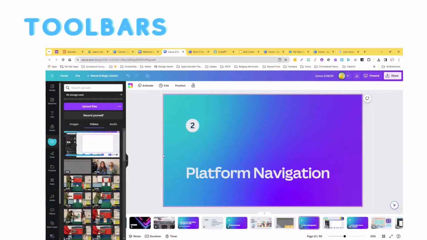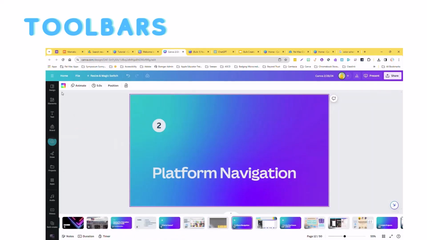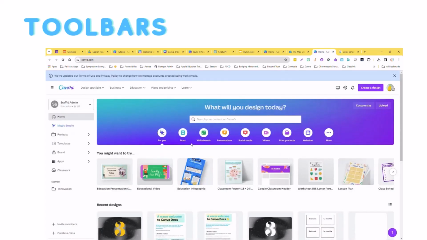I just want to show you how you get around in Canva. You are probably a fantastic user and you've been playing with all these fun designs. The first thing you should do is take a look at how to go through the entire platform. Once I'm in Canva and click to get started,